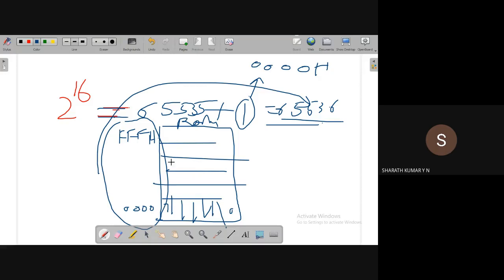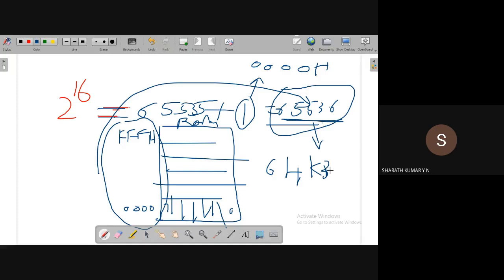But what happens is this memory is a very huge component. Consider any processor for that matter, memory is one of the heaviest elements in a processor IC. Moreover, this number of memory may not be required. In terms of kilobytes, 65,536 is represented as 64 kilobytes.